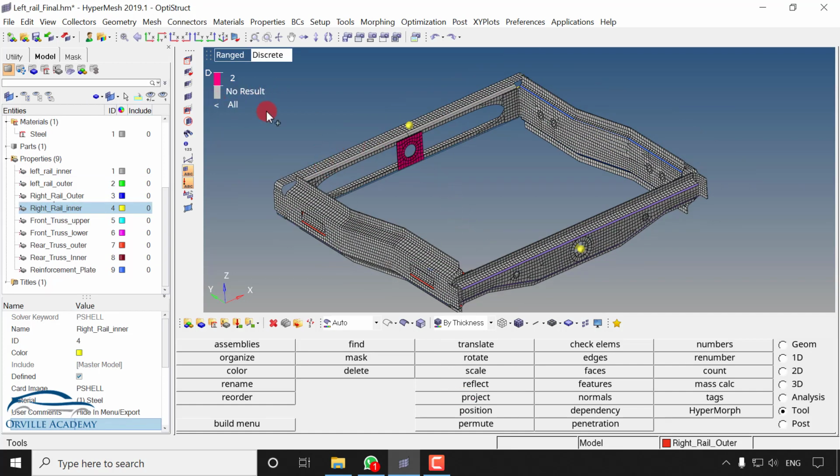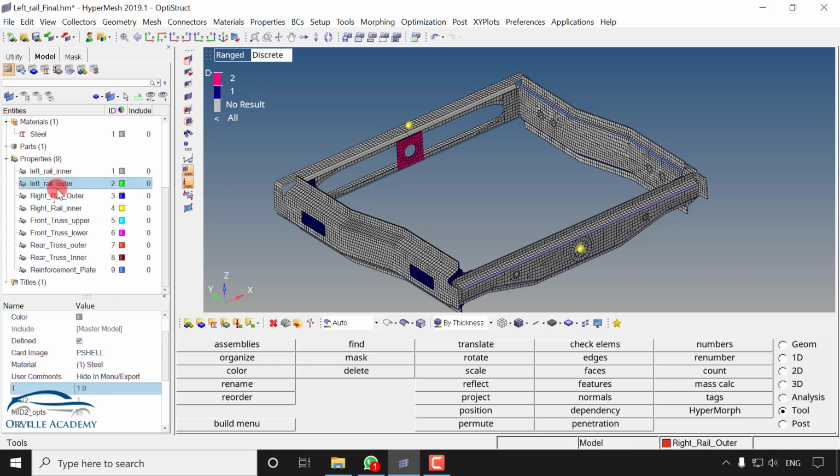If the component has not been assigned any thickness, then it will be shown in gray color. As you can see, all the components except this reinforcement plate are appearing in gray color. That means their particular property does not contain any thickness value. Now it might happen because we are in a hurry, we generally forget to press enter. So I can go for left rail inner, again deliberately go over here and put the thickness. I am making this mistake so that you will understand these things, because these are very simple mistakes, but when we go for analysis this will happen most of the time.